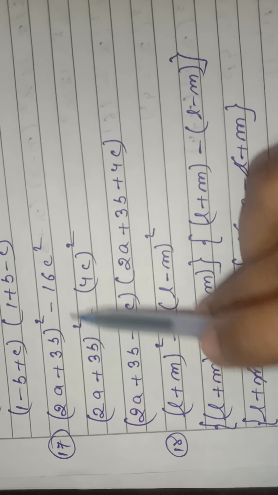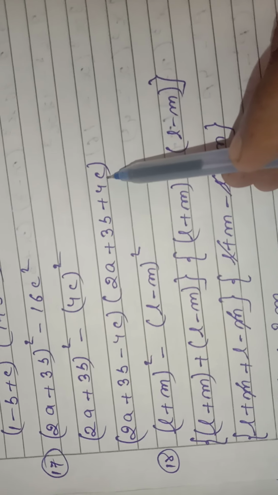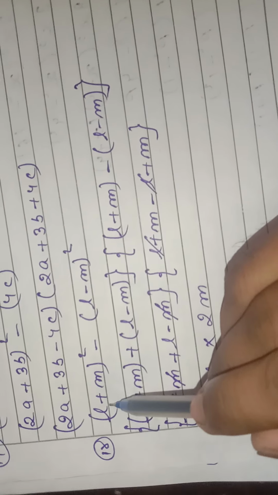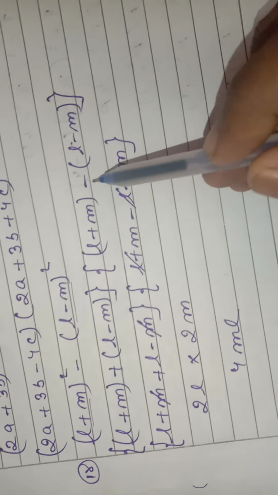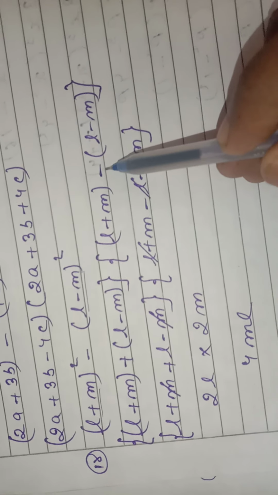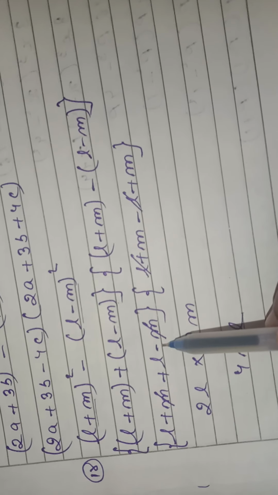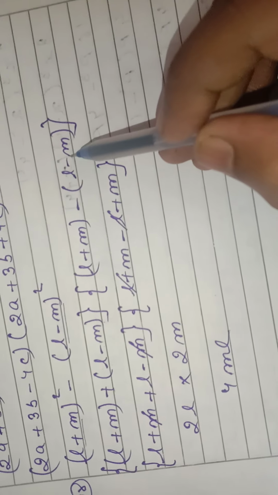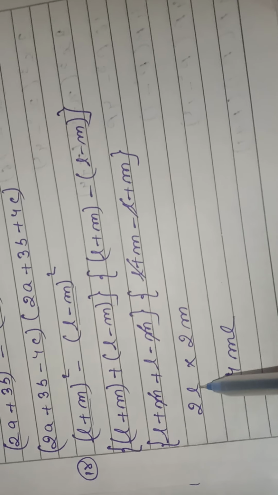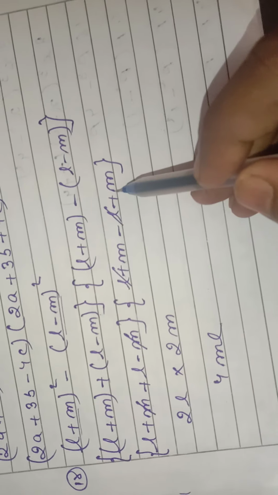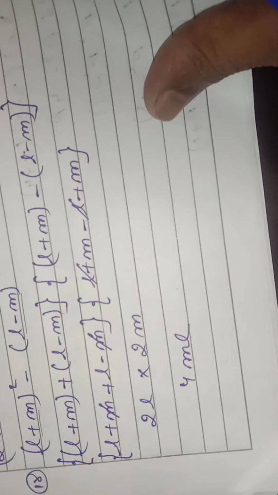Here you see 16 it was, so 4c. Once minus 4c, other time plus 4c. Think this a and this one as b. So this plus a and here minus a. Why in bracket? Because we have to change the symbol. Plus plus plus, plus minus minus. Plus minus minus, minus minus plus. Plus m minus m goes cancel. So l plus l, 2l. l goes cancel. m into n, 2m. 2 2s are 4ml. This is your answer.